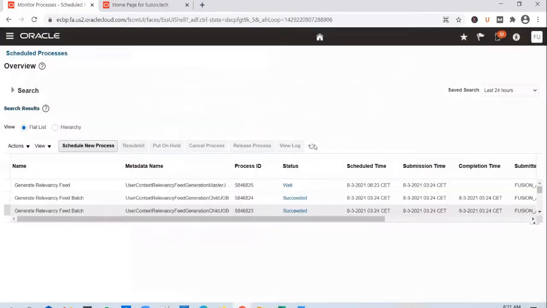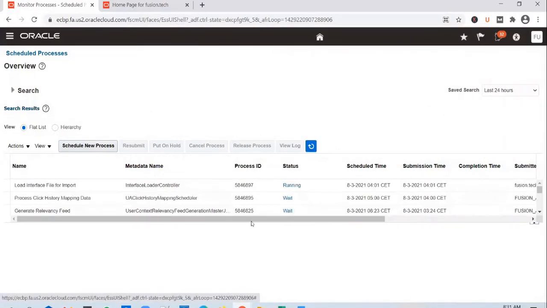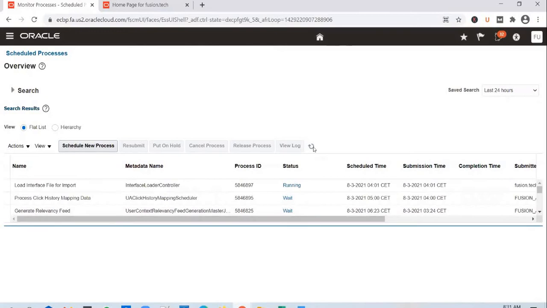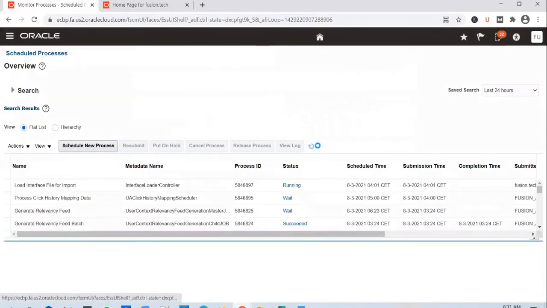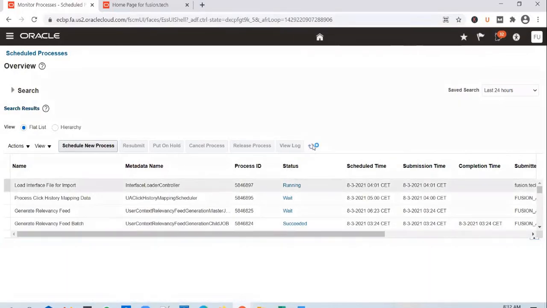Get a process ID confirmation. You will notice that 2 jobs get kicked off. Okay, pretty weird.